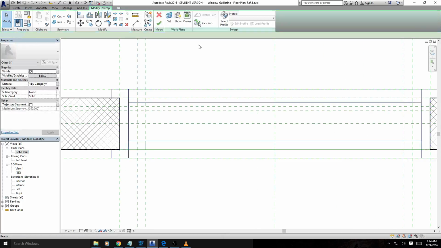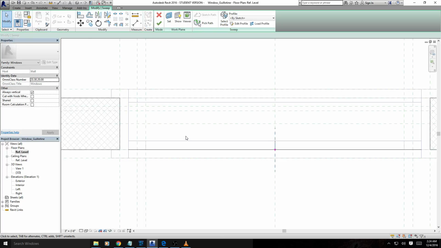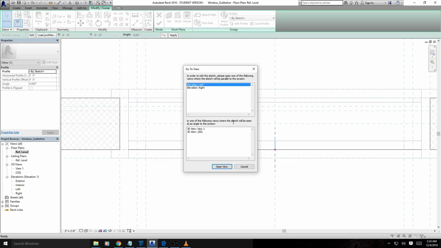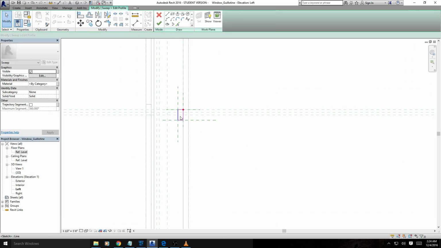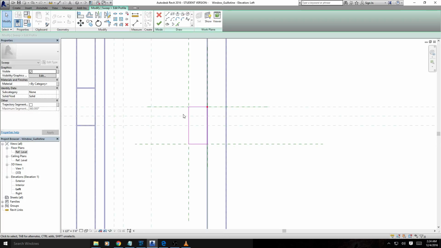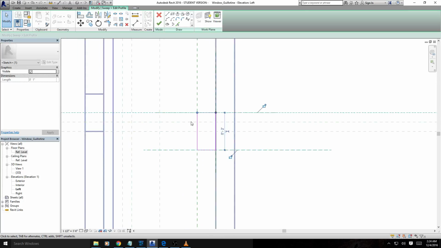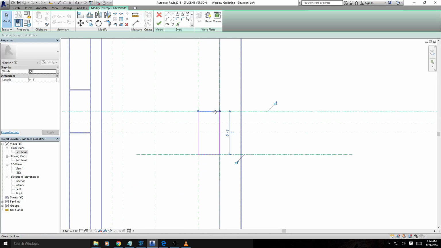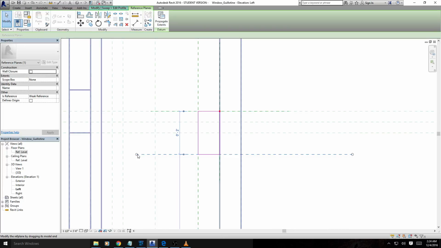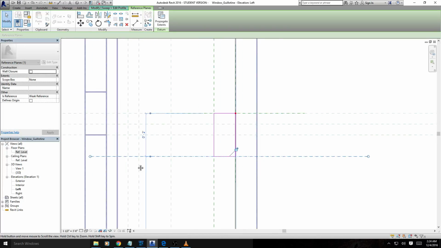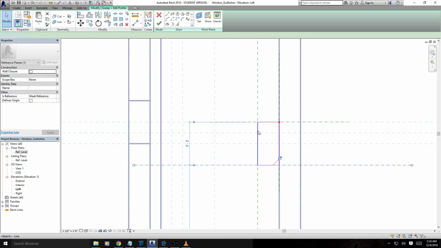Okay, so edit sweep, edit profile. Having those locked isn't going to let me, perhaps. What we're going to do, and I don't know if this will work because I'm not an expert in Revit,